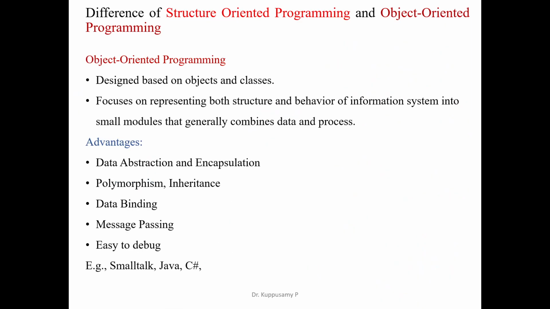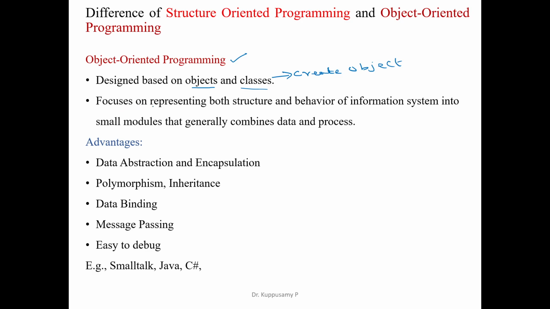Then what is the purpose of object oriented programming? Object oriented programming mainly focuses on objects and classes. Already we know, right? A class is used to create the object. So an object is an instance of your class, right?